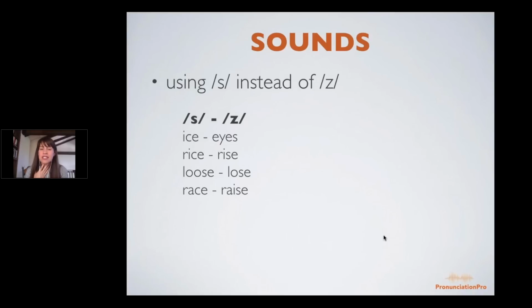Versus Z, which has that vibration. So the tendency for our Spanish speakers, and again, this goes back to Spanish being a much smoother language, and English having some of these more abrupt sounds. Z is one of those more abrupt sounds. So the tendency for our Spanish speakers is to go to that smoother sound, the S, instead of the Z sound. Plus, it's not incredibly clear in the spelling of English words whether it should be a Z